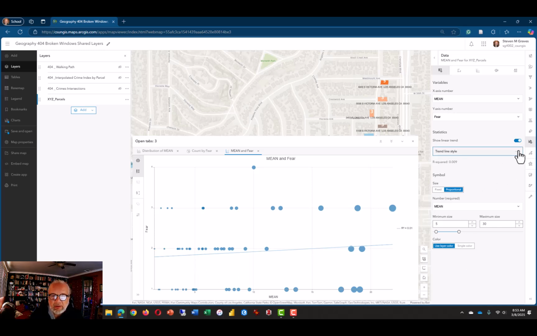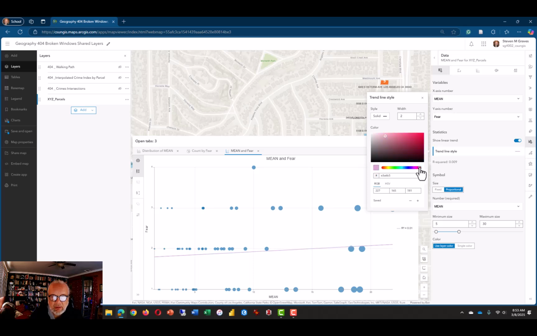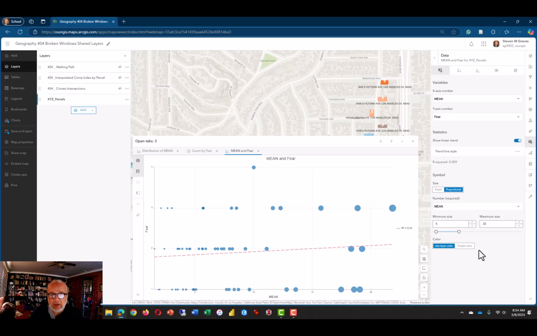We may want to just give that a little bit of a different color, and maybe make it a little easier to see. You can make it dots to dashes, something like that. Play around with this, learn something about it. And so I want you to make a series of these where you put either if you think crime rate should drive something, or I'm going to do one more and then I want to shut this off, is I'm going to add yet another chart,